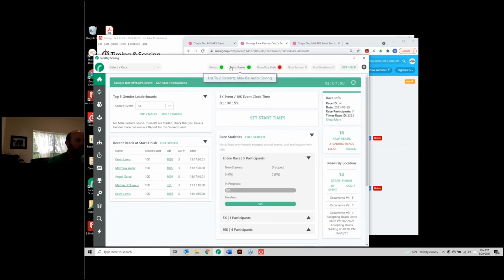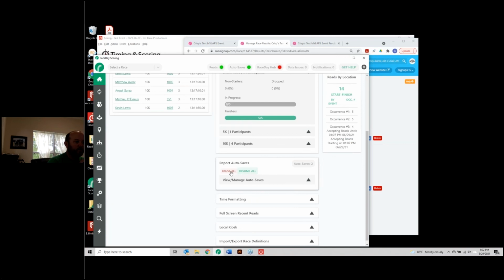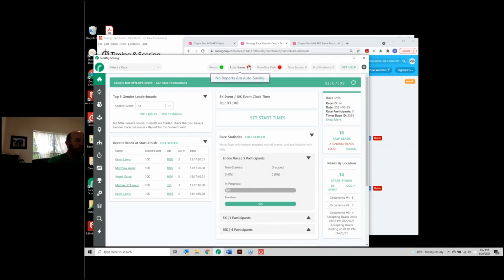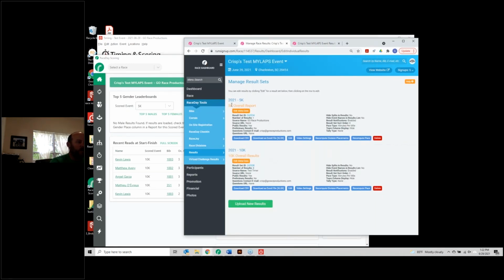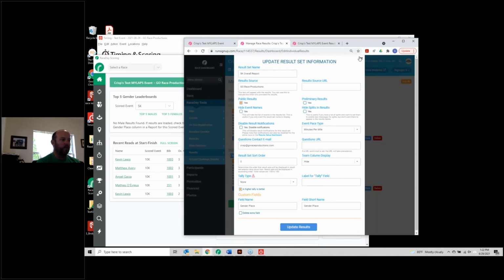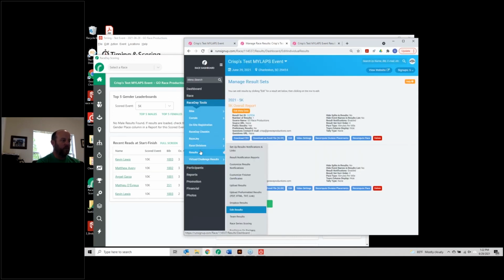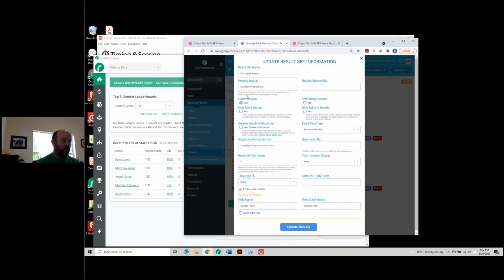I'm gonna shut down my autosaves. I'm gonna pause all of them since everyone's finished, so you can see no reports are autosaving. The reason why I'm going to do that is because I want this to be 5K overall results, so it kind of matches this. You know, I want everything to look good. So all I have to do under race day tools, results, and edit results, I just go in and edit the metadata, overall results. Maybe I don't want this email. Or maybe I don't want the result source to say go race. Maybe I want to say